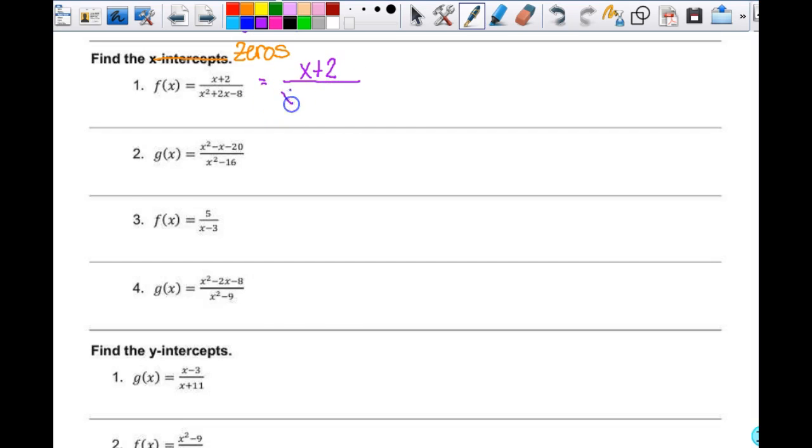So I'm going to factor the denominator because the numerator I can't factor, and this is going to factor into x plus 4, x minus 2. Would you agree with that? Yes. All right, so